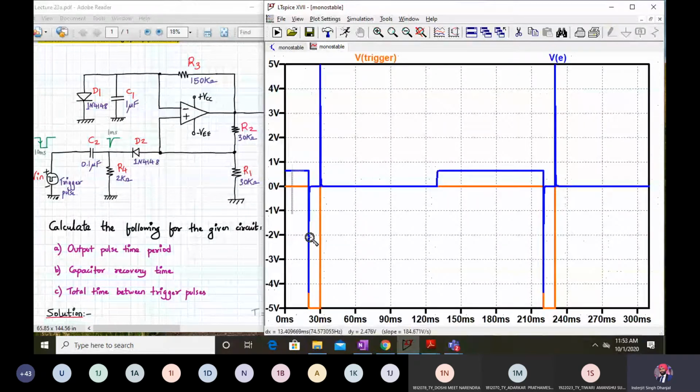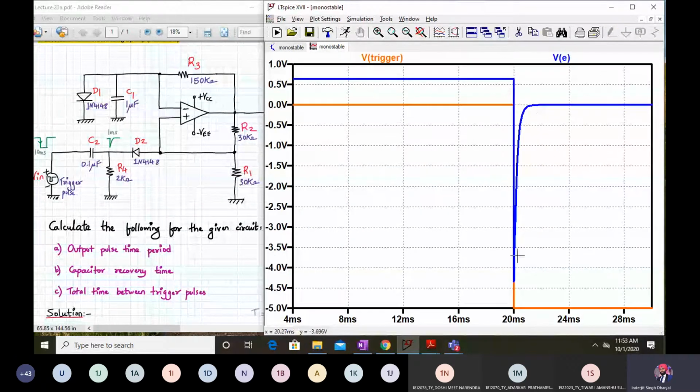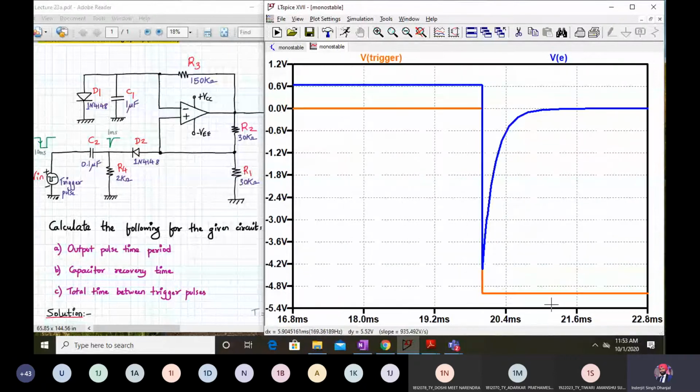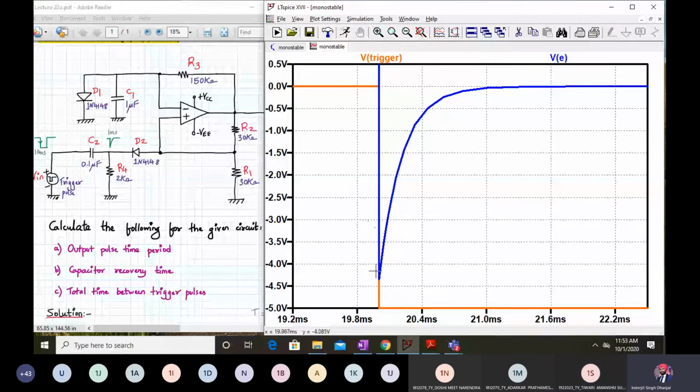So this negative spike value will be, let me show it to you. Can you see this negative spike value? Is it visible? Yes, sir. The negative spike value is there because it is a differentiator. This 1 millisecond I have written over here, just check. It is going till 1 millisecond. See, this is 20, and at 21 it is settling down. So this spike is of 1 millisecond. Are you following?